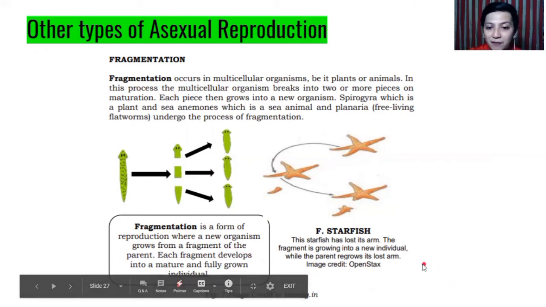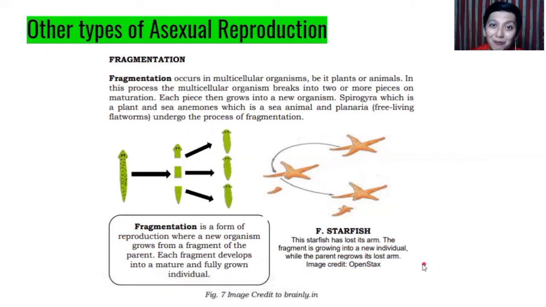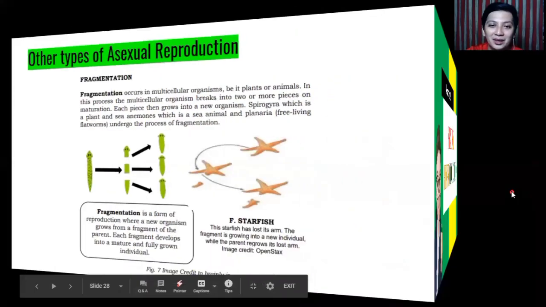And then starfishes or sea star, hindi kasi siya fish. So, hindi siya tinatawag na talaga actually a starfish, but sea star. So, itong mga sea star na to, when you cut the parts of it and then you let it go to the ocean, then those small pieces of that starfish or sea star will grow into a new individual. Okay? And then